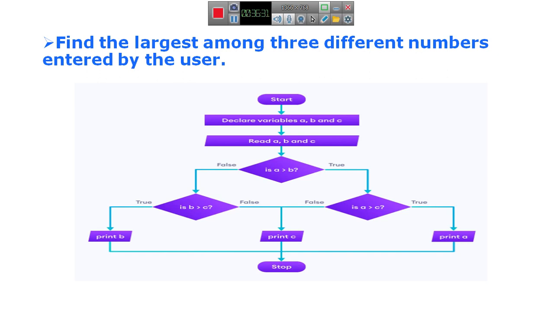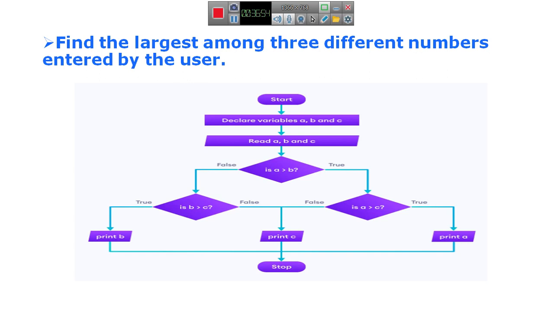If it is true, we have to check another condition, whether A is greater than C also, because here three numbers are there. If only two numbers were there, then if A is greater than B, it is clear, A is big, otherwise B is big.